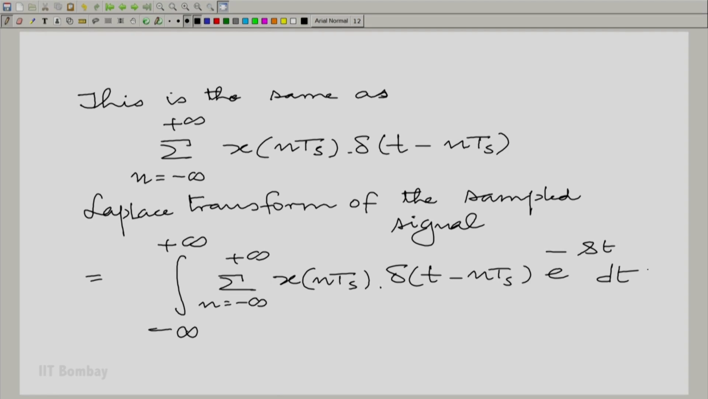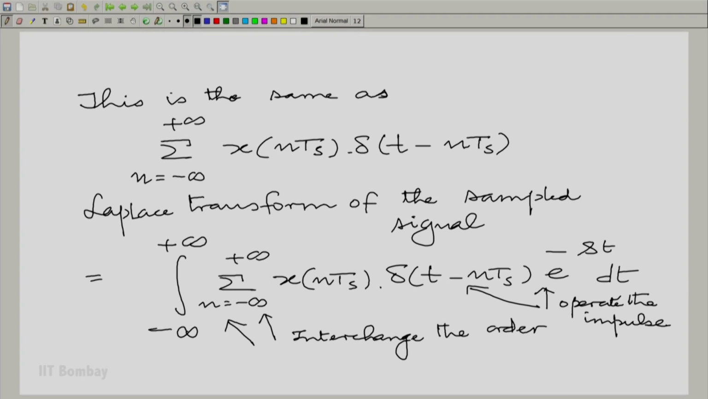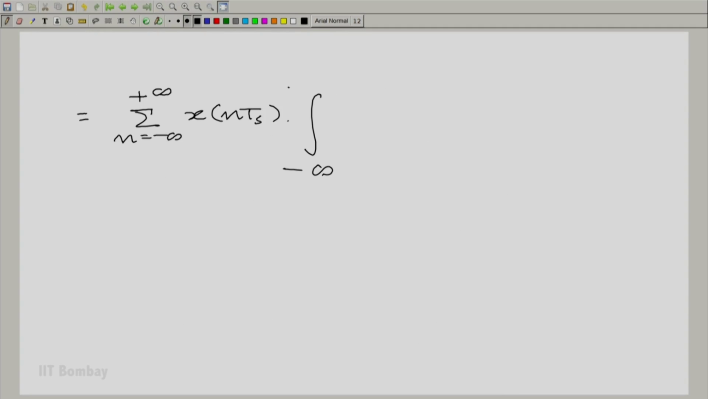And here we can invoke the property of the impulse term by term. So, what we will do is interchange their order and operate the impulse on e raised to the power minus st. So, that gives us